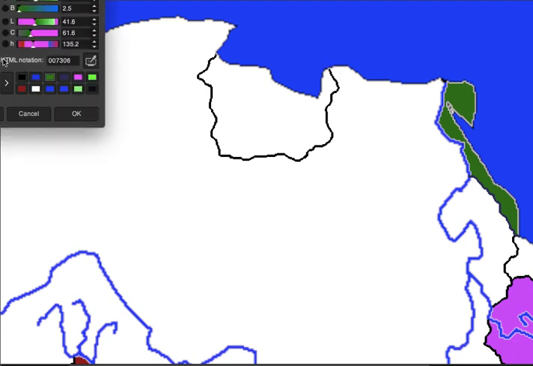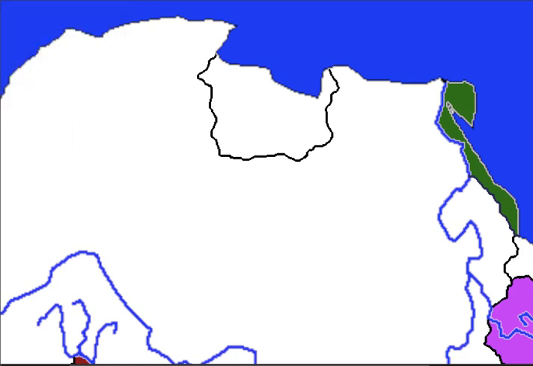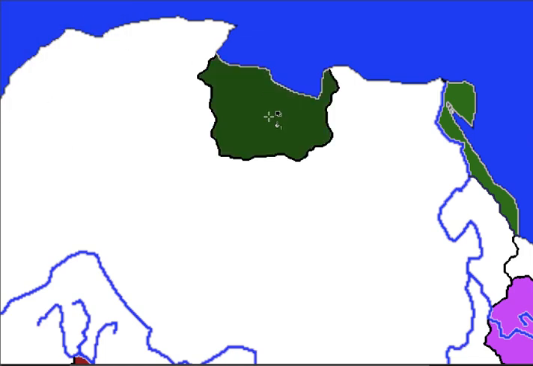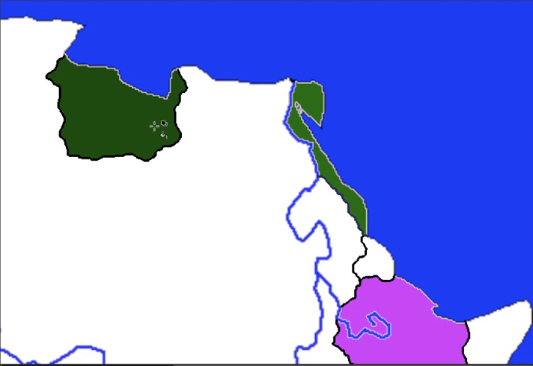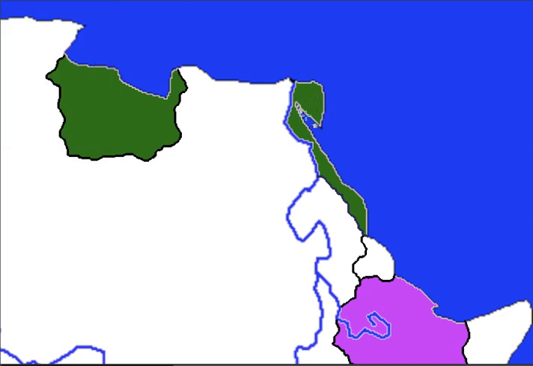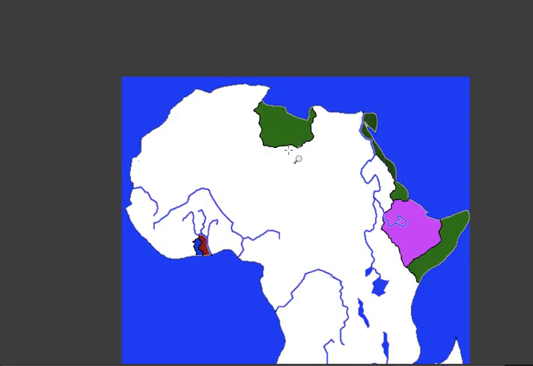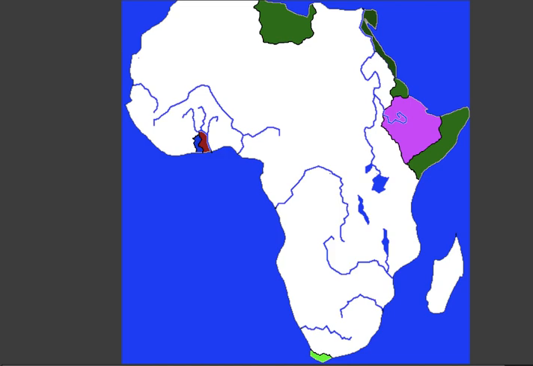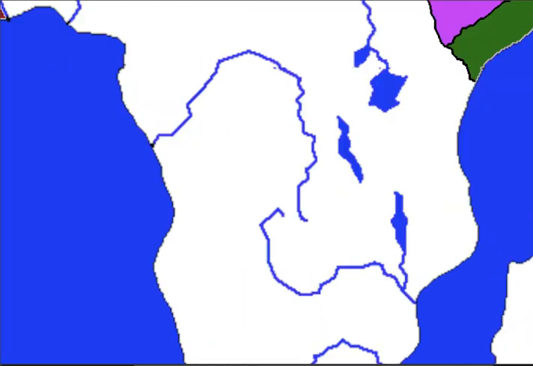And since Italy, we like to use dark greens. You know, that doesn't make sense. But anyways. Now, I think we should switch up that color with the Ottomans' color. Because I think the Ottomans should have a darker color for their colony. And Italy has established three colonies: Somalia, Libya, and that. Well, let's see how they decide to go about it.